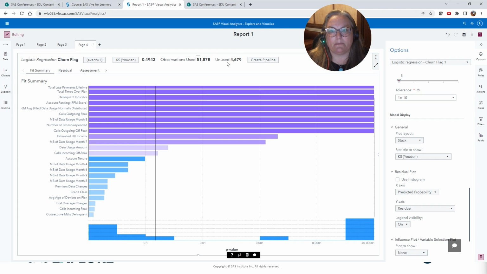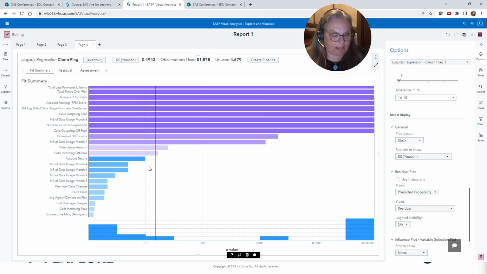Let's talk about that for a minute as well. One thing that all of our models do in Visual Statistics is called complete case analysis. What that means is if there's a missing data item, so if I'm missing a total late payment, but I have data for everything else, it will remove the entire observation.